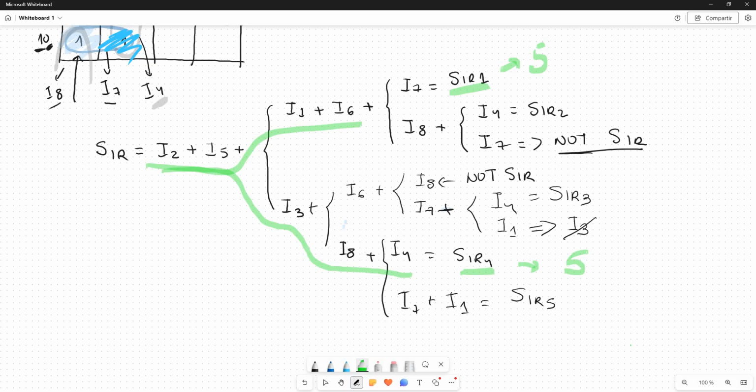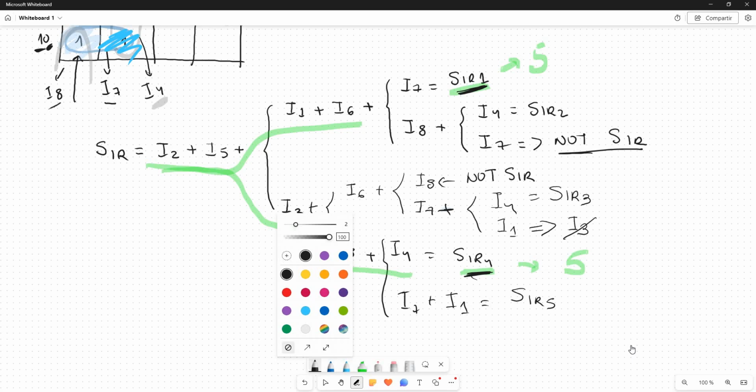Yes, 6. So the minimal sum is going to be one of these two, irredundant sum 1 or irredundant sum 4. Both of them are minimal sums,